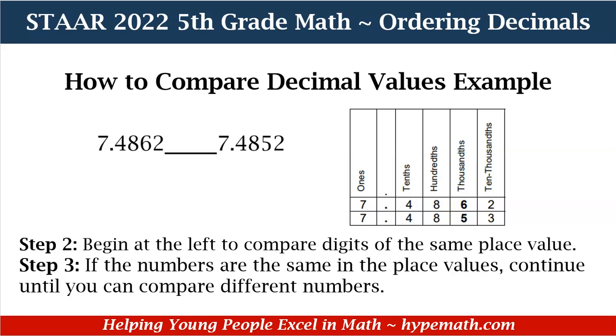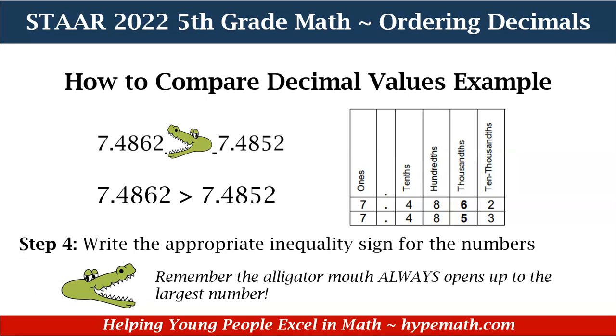And again, both of the numbers have 8 in the hundreds place. So now we will move to the thousands place. In the thousands place, we can stop because we have different numbers and we can compare those two numbers in this example. And because the 6 is greater than the 5, then we know that